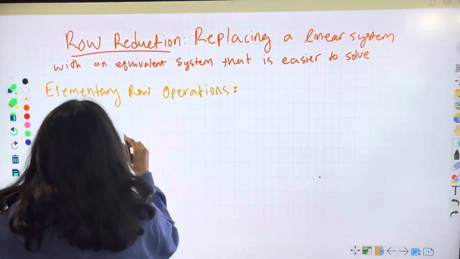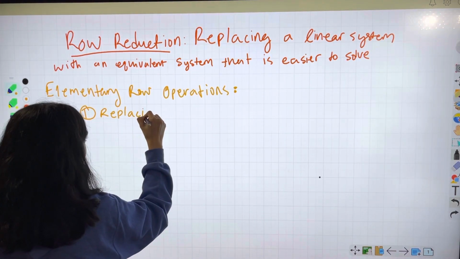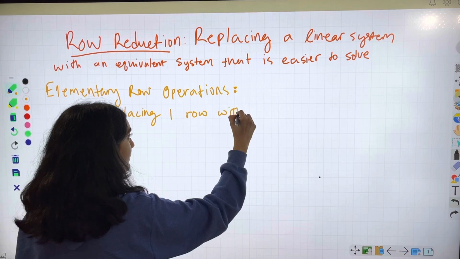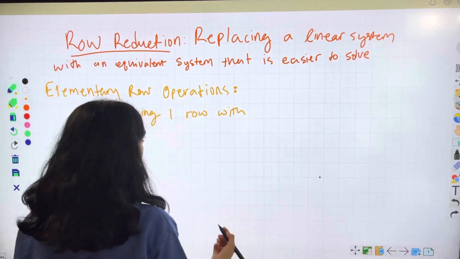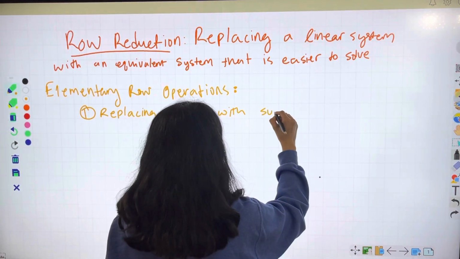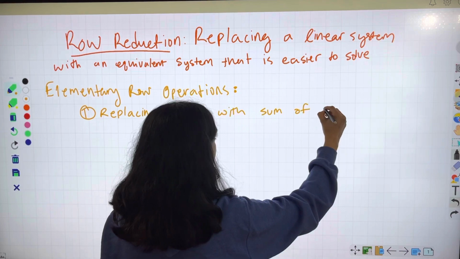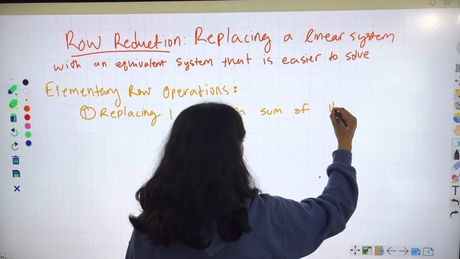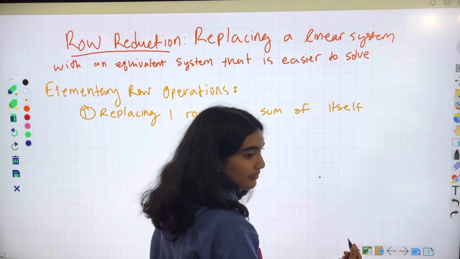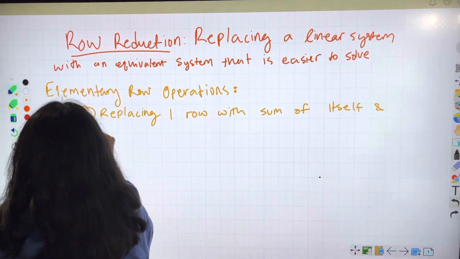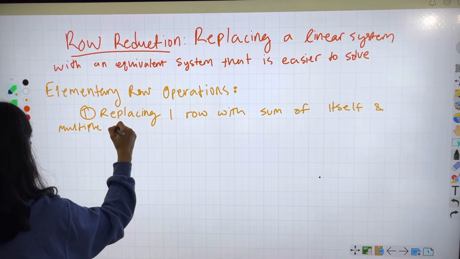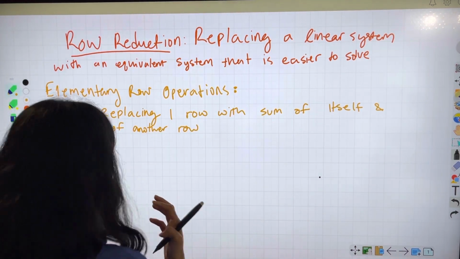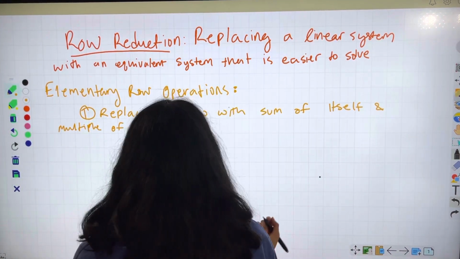replacement. So we're going to talk about replacing one row by the sum of that row that we're talking about, by the sum of itself and a multiple of another row. Okay, so for example, if we have